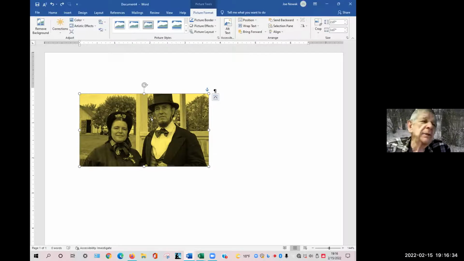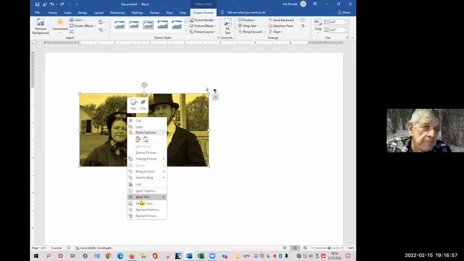You bring the picture in and boom, it bumps itself down to the next page. And then you're playing around with how big the picture can be before it gets in there. Well, if you know that you're on line 6 of your document or line 20 of your document, you have 3.5 inches left, you can simply right click on your photograph and there's something here called size and position, and